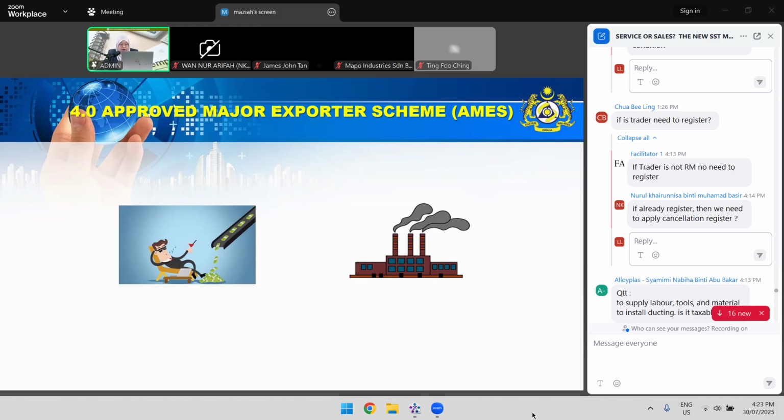So now we explore the Approved Major Exporter Scheme, or simply known as AMES. In this scheme, this facility, if you want to apply, you need to apply manually, not using the system My SST. Basically, this scheme is designed for export-oriented manufacturers who meet certain criteria and contribute significantly to the national